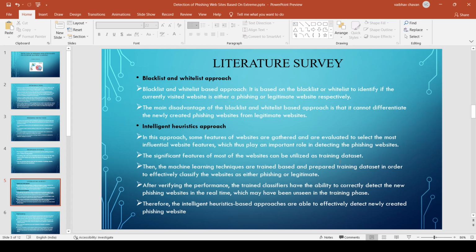Then the machine learning techniques are trained on the prepared training dataset in order to efficiently classify the sites as phishing or not. Therefore, the intelligent heuristic based approach is able to efficiently detect newly created phishing sites.